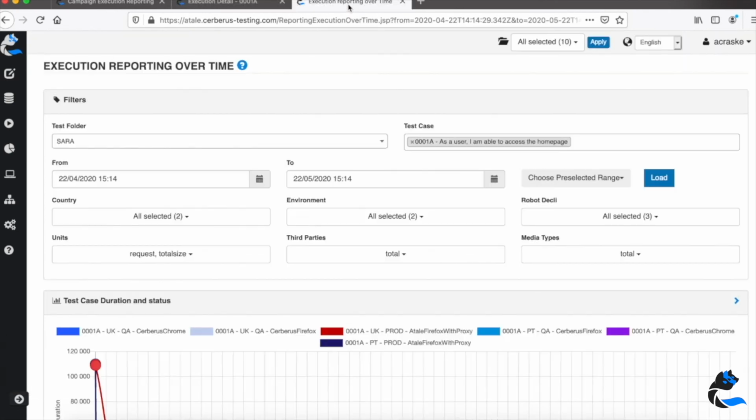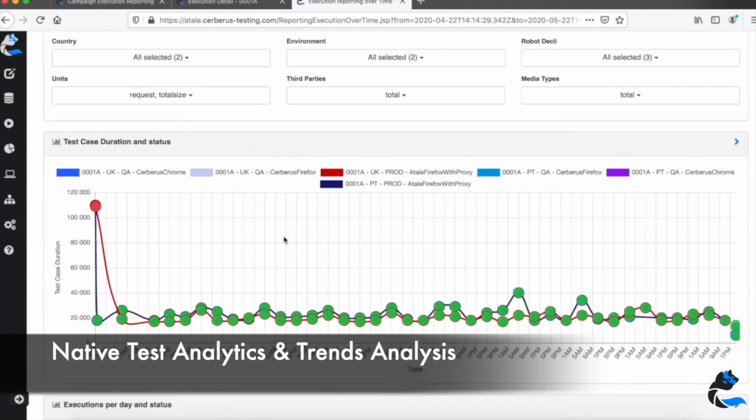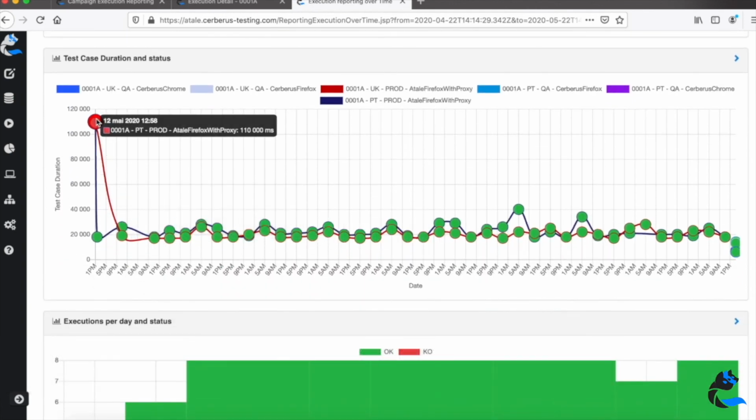And then we have another level, a bit more step back than the traditional test reporting we see on the campaign and a specific test case. We have what we call test analytics, and the goal in this area is to see trends and a bit more over time of specific test or campaign executions, and you can take a larger period of time. So here in our case we took specific days for one test case, and you can filter if you want on country and third parties.